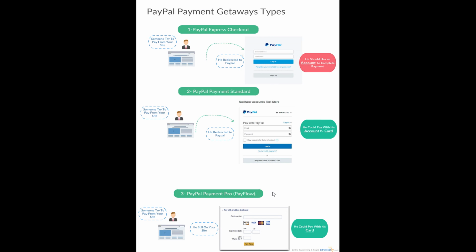PayPal payment gateways types. There are many PayPal payment gateways, but there are three most popular types. The first is PayPal Express Checkout, the second is PayPal Payment Standard, and the third is PayPal Payment Pro, called sometimes PayFlow. I will talk about the three payment gateways, but before digging deeper into these three payment gateways,